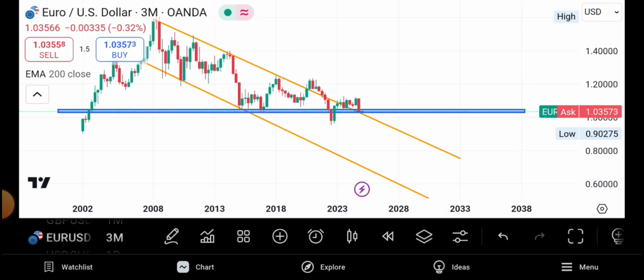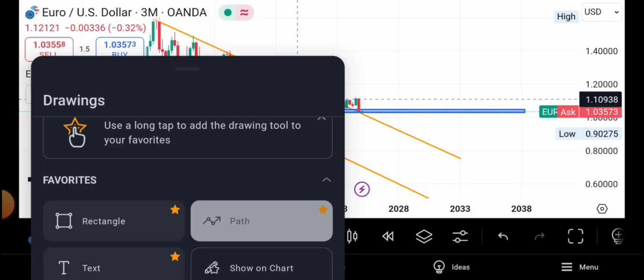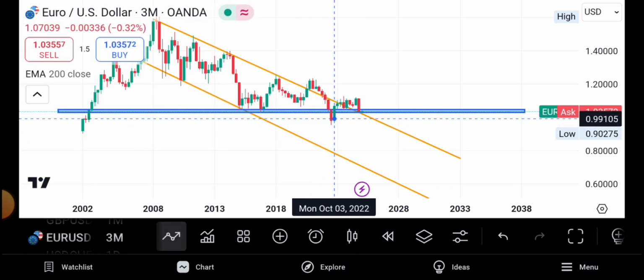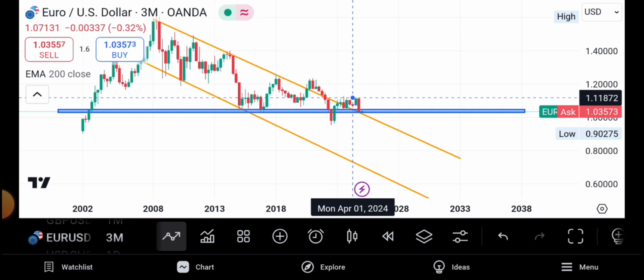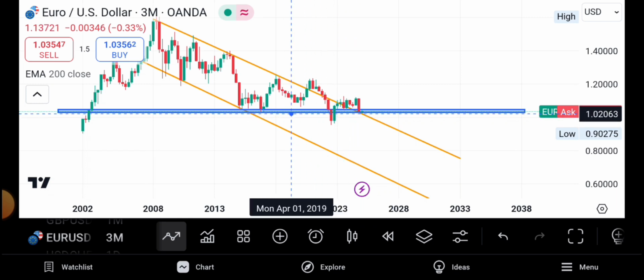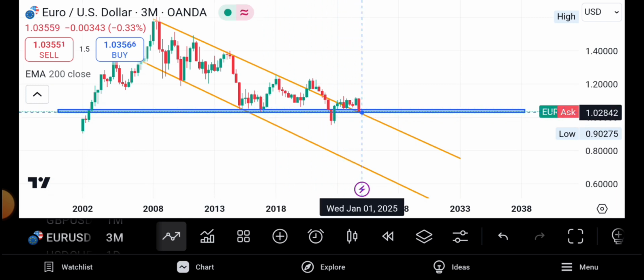Let me show you. You see? This one was like a fake out. Are we together? This was like a fake out, and then the price action claimed it back to this zone. So let us ask ourselves, why this zone? You can see currently the price action is at exactly that zone.